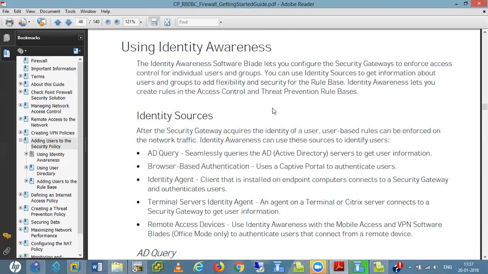If he is in the company, he doesn't use any VPN client. He directly switches on the laptop and his AD username comes up.